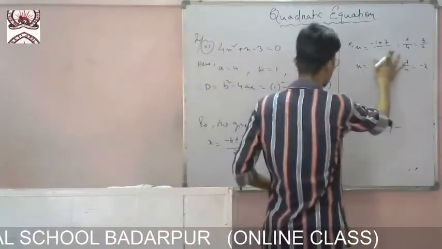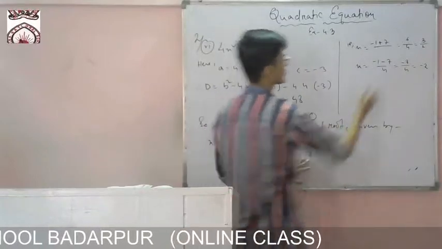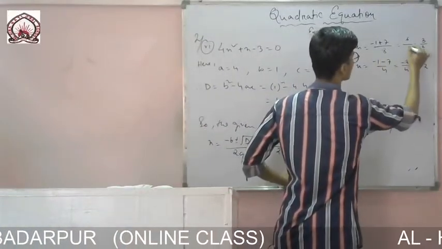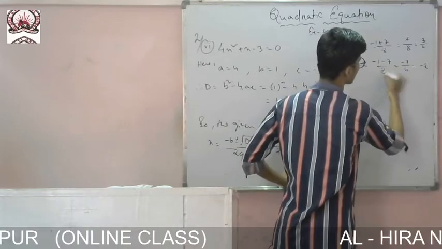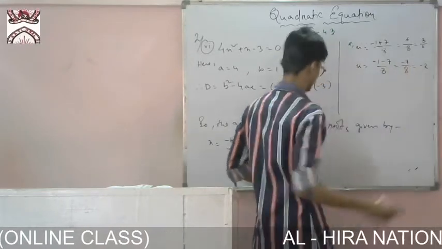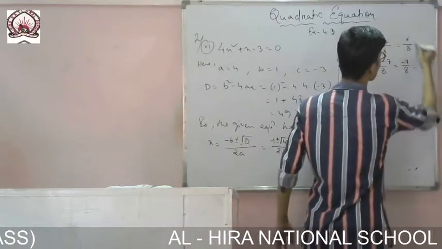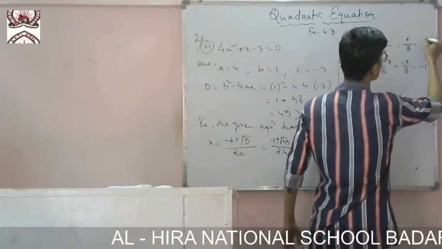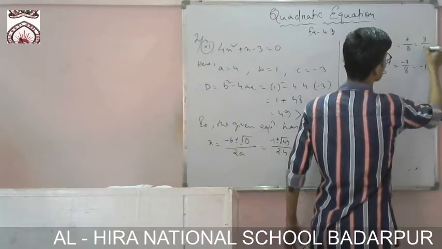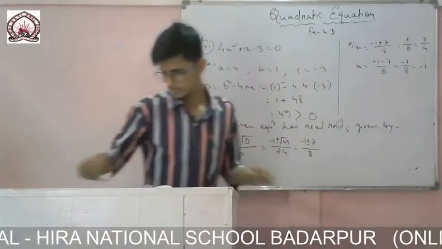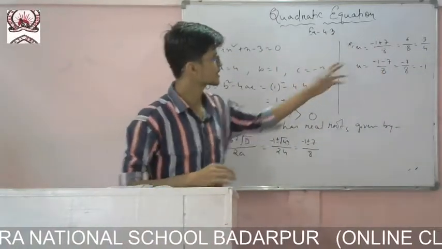Sorry, there I have written wrong. 4 2s are 8 though. What? There it is 8. Sorry, you make it okay. So it will be minus 1 and there it will be 2 3s are and 2 4s are. Now it is okay. It was not matching with the answer, so I got confused.